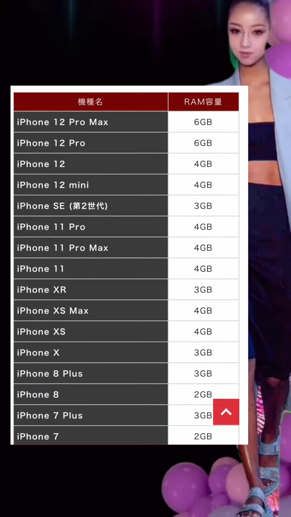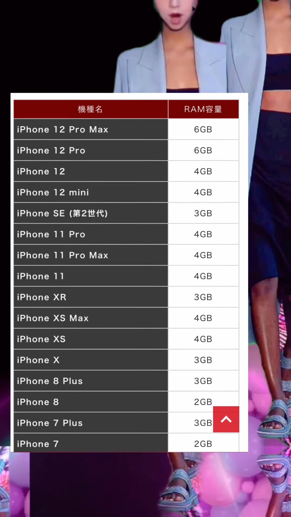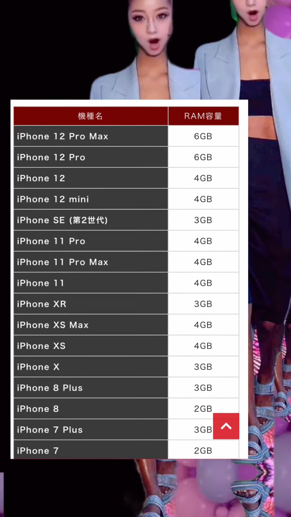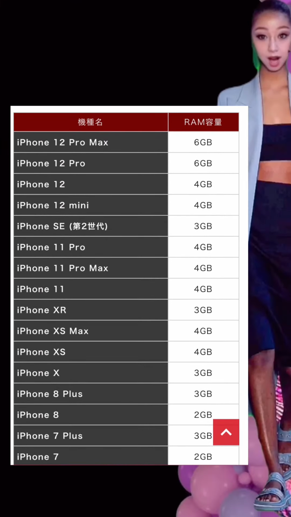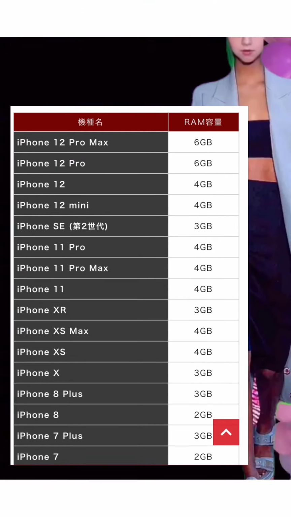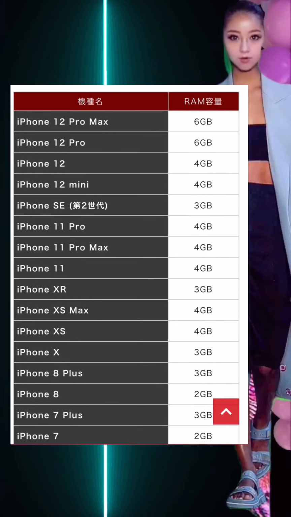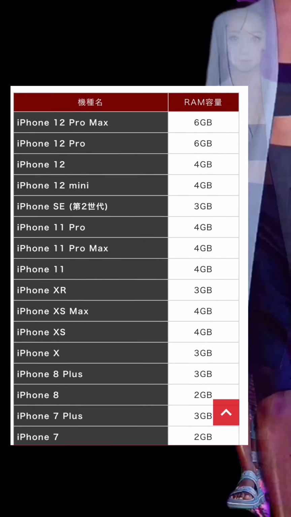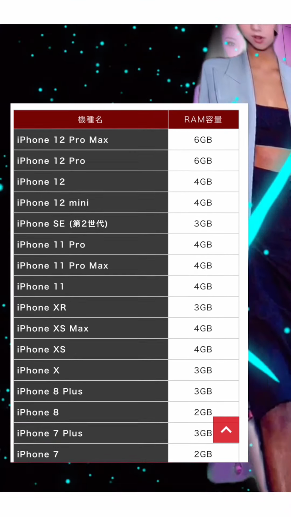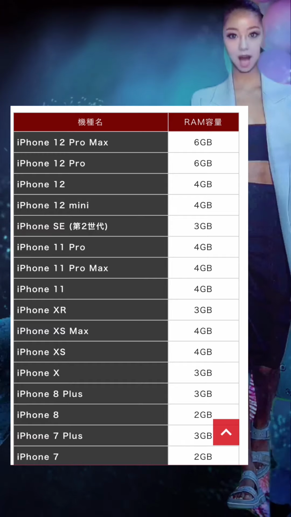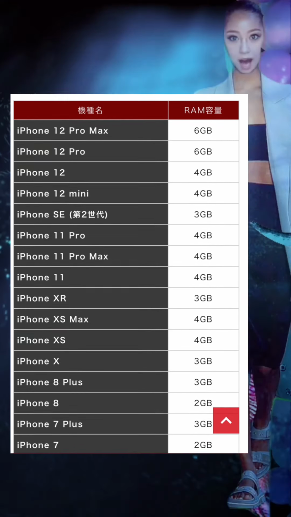So, I first checked the RAM capacity of the iPhone. It turns out that it is quite different depending on the iPhone model. In other words, the recent model iPhone 12 has 6 GB of RAM and can afford it, while my iPhone 8 has only 2 GB of RAM. So, memory-eating apps like Word are likely to run out of RAM and freeze. Perhaps Word was working fine within this 2 GB in the early days of booting. However, as I was using it, I gradually consumed the RAM. I think that it will freeze when it exceeds 2 GB.